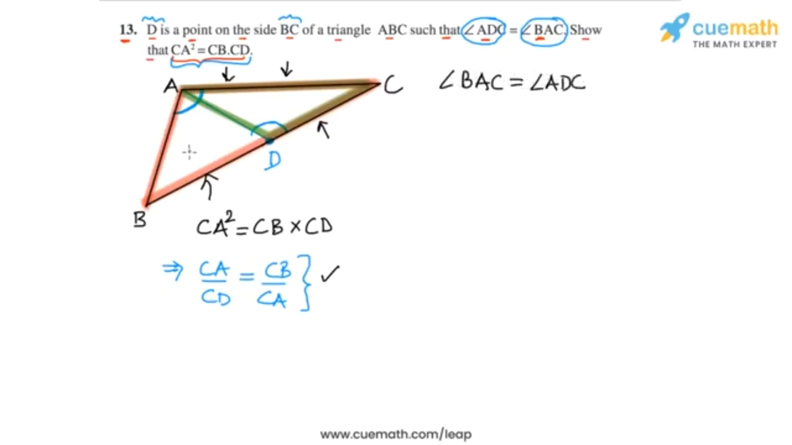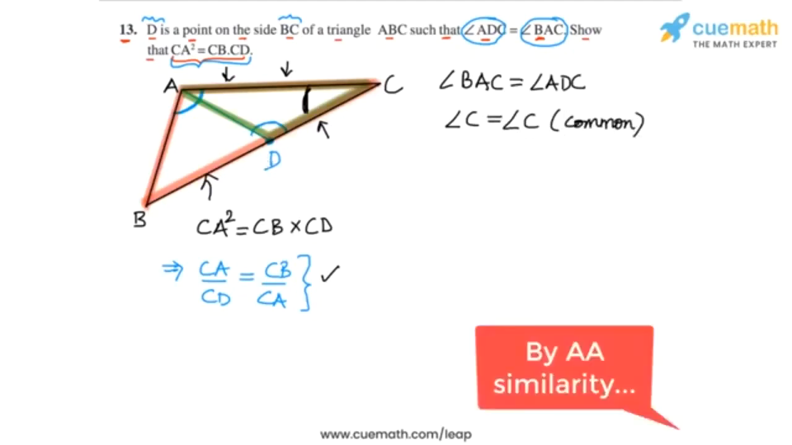And also, if we observe these two triangles, this angle is common to both triangles. So angle C is equal to angle C for these two triangles. So basically these two triangles are similar because two pairs of angles are equal. So we can say that triangle ABC, the big triangle, is similar to triangle